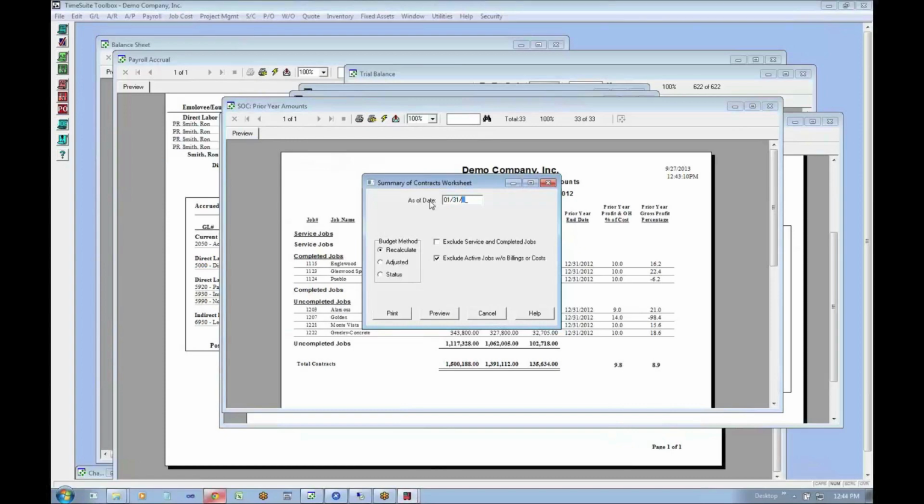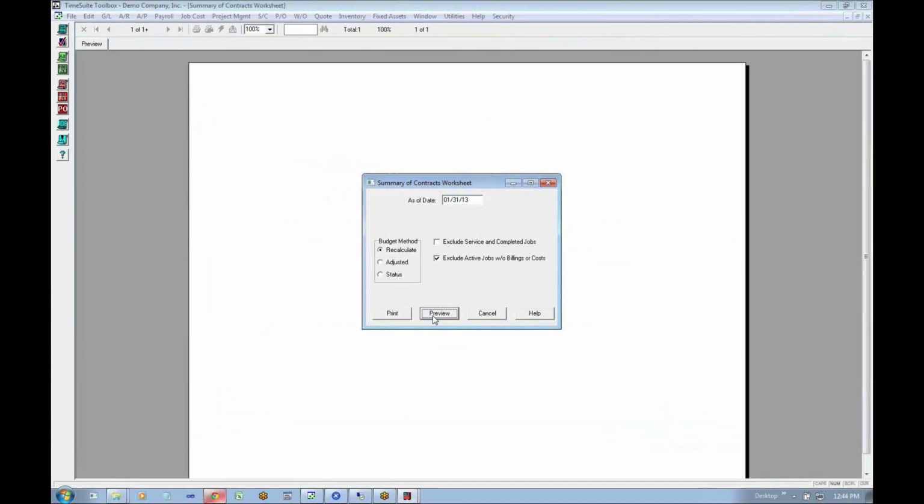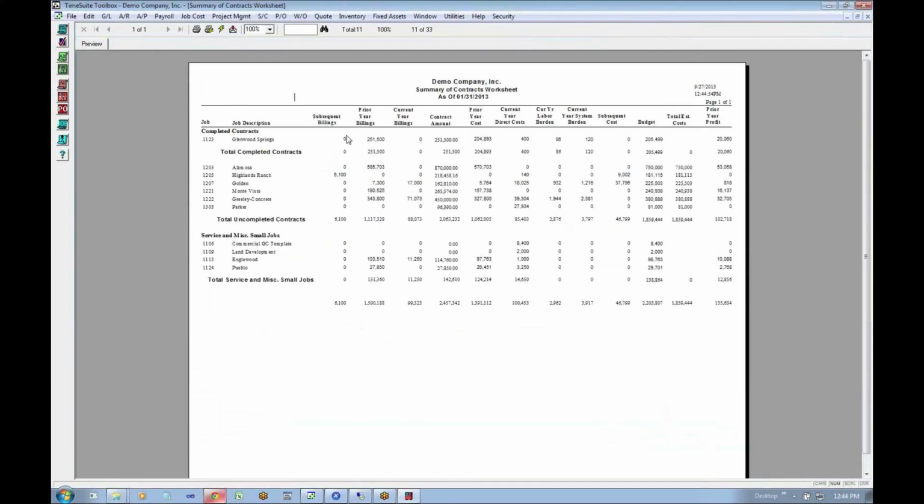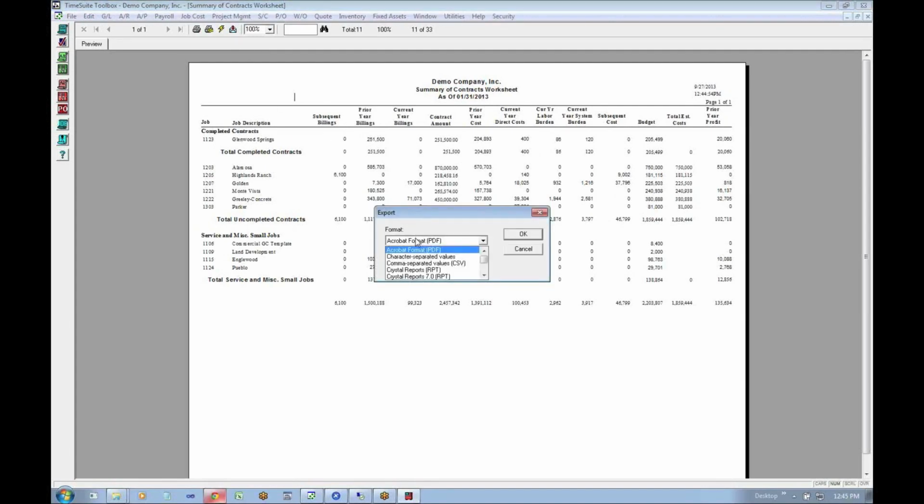Also, the auditors, I'll just do 131 since that's what the demo data is geared for. In the audit process or review process, they're required to do certain analytical review steps, and one of the steps would be to analyze the jobs for subsequent billings and subsequent costs. So here, this gives you the subsequent billings, prior year costs, your burden columns, so that they can do more of their analytical procedures. So if I take and I export this to Excel,